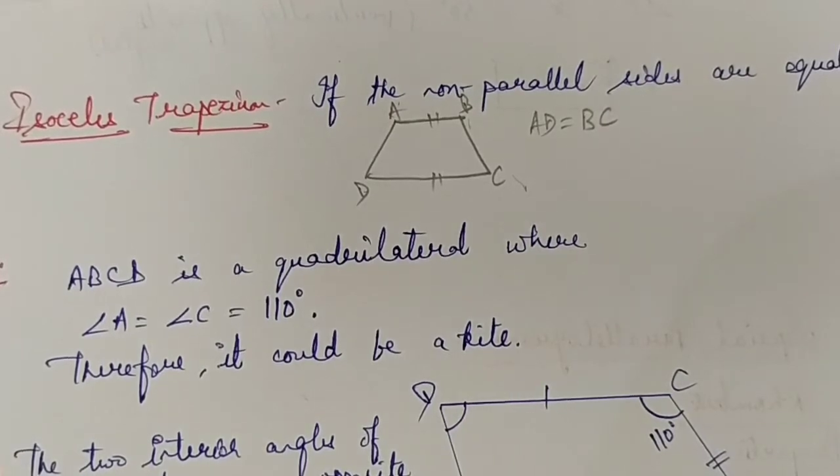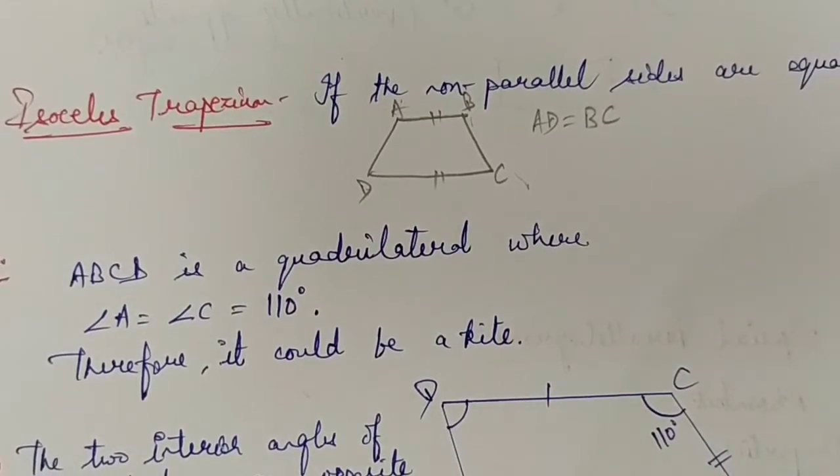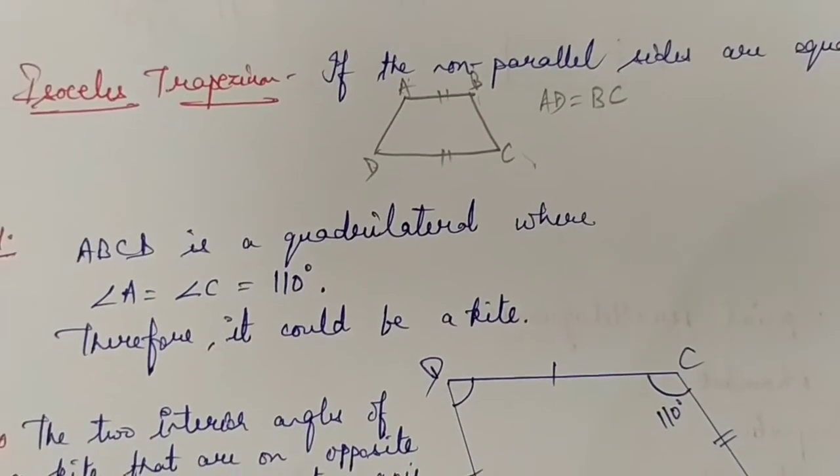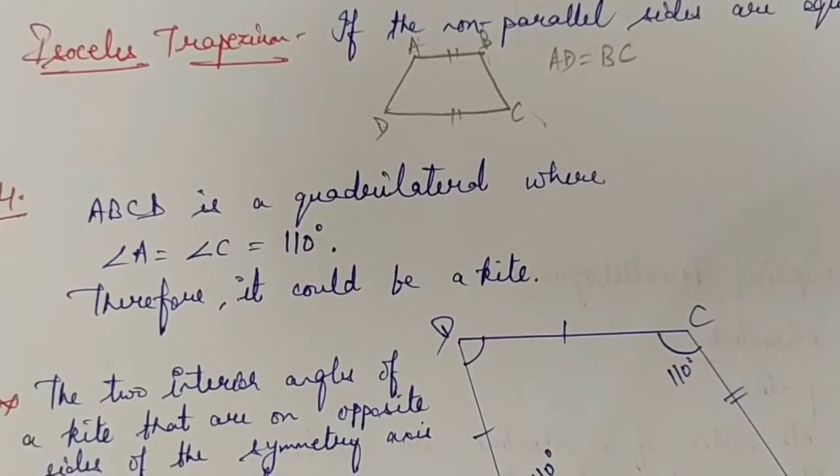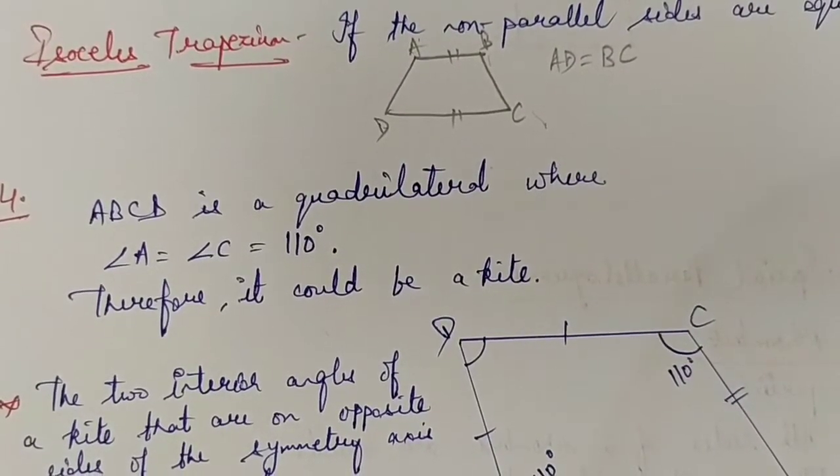Now moving toward exercise 3.3, the questions that I found to be worth discussing and are good as well are question number 4 and question number 9 that I am discussing in this video, and the other questions are solely based on the properties of the quadrilaterals that you have understood. In case of doubt you can ask me on the group. So taking question number 4,